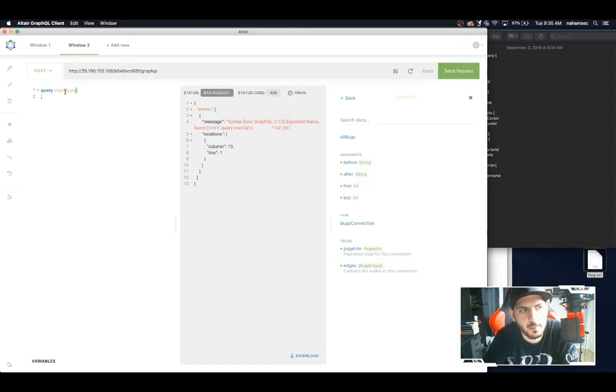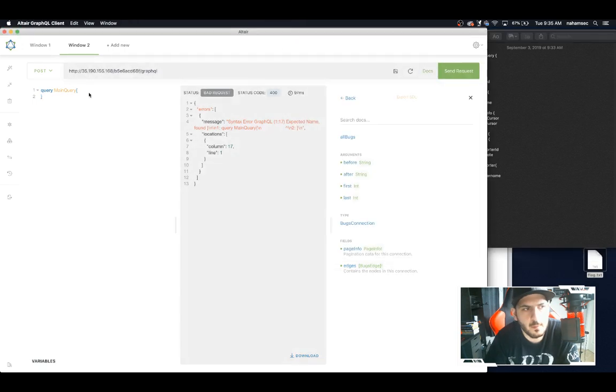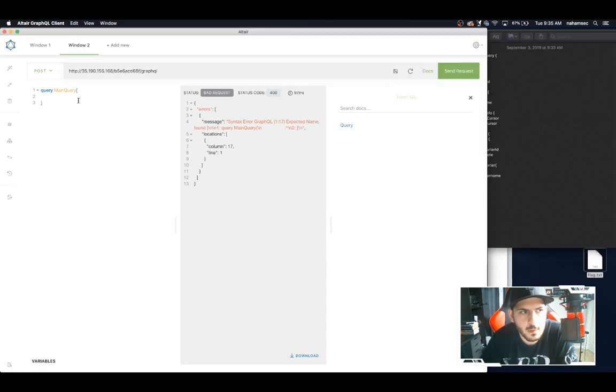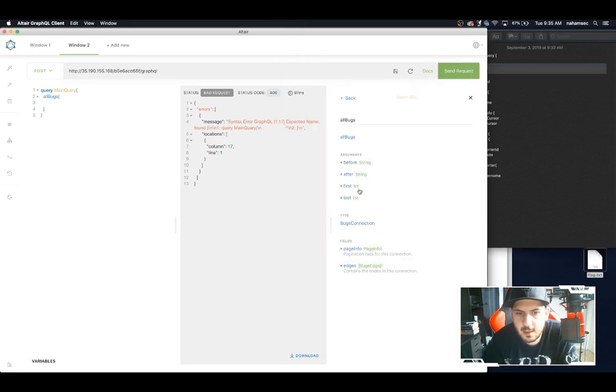Main query. Hold up. That doesn't work. Query, main query. So you have to give it something. Let's give it all bugs. And let's look at all bugs again. So all bugs has edges, node, and then...